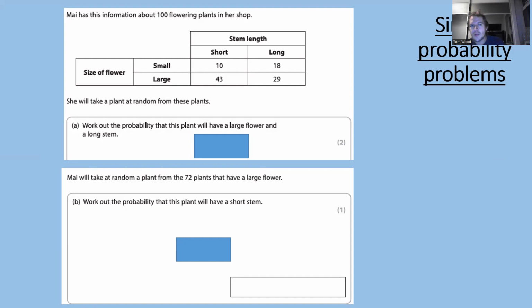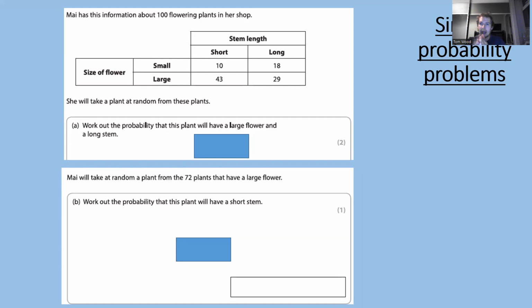You'll notice with both of these questions, they don't ask you to state the format. So they don't say give your answer as a fraction or give your answer as a decimal or a percentage, which means technically you could give your probability as any of them, a fraction, decimal, or percentage, and you would get the mark. I will categorically tell you now, it is easier to write this as a fraction